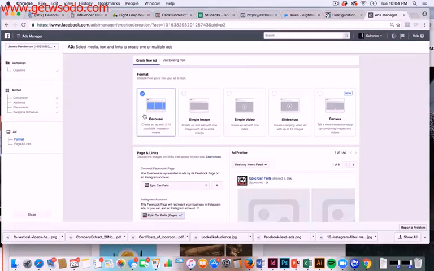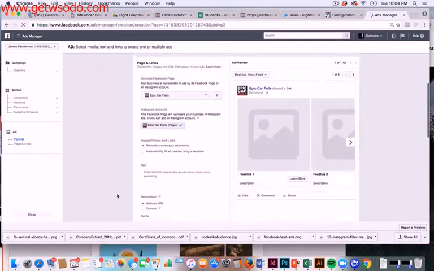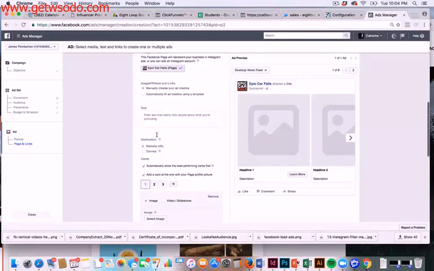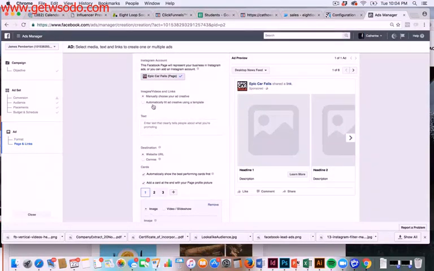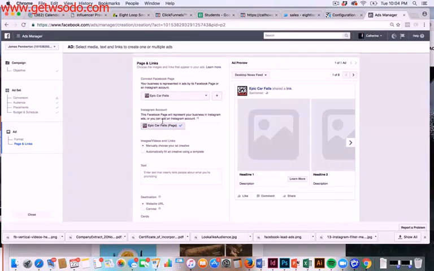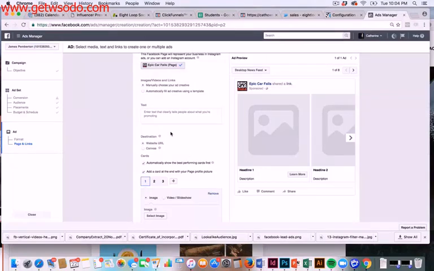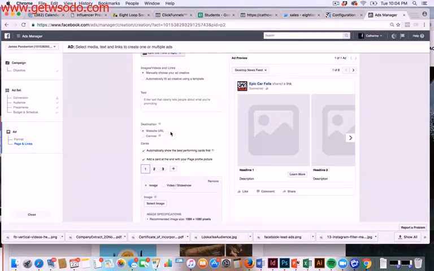So you're obviously going to select this first. So, you make sure you select the carousel. Make sure you select the Facebook page if you have Instagram placement. Carousels do work really well with Instagram. So this is one of the ad formats that does work very, very well on Instagram. And then what we're going to do is